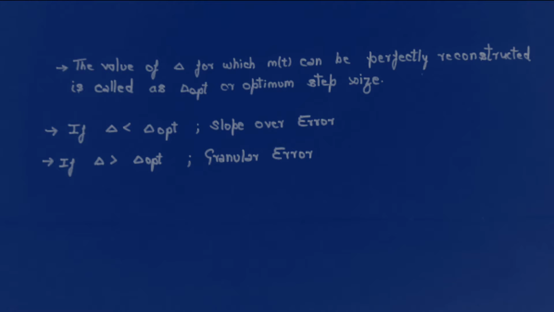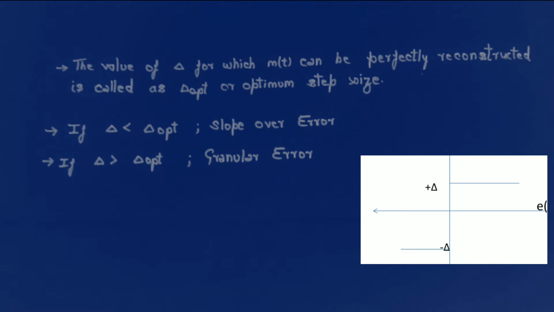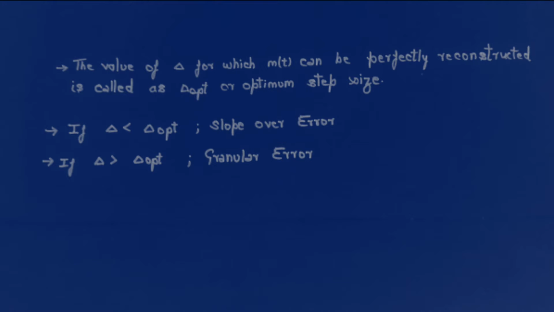One thing to notice is that the del that is discussed in the error is different from the del that we discuss in the theory of the delta modulation. In the theory of the delta modulation, when the error function is positive, the quantizer generates the positive del value, and when the error function is negative, the quantizer generates the negative del value. But here del is related to the change of slope, which we'll discuss in the upcoming part of this video.